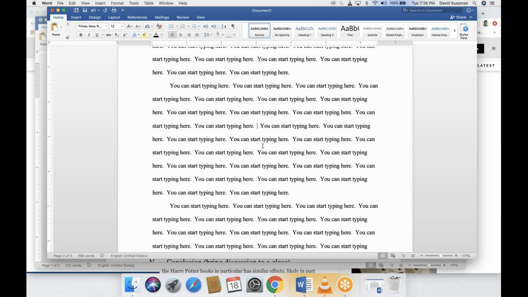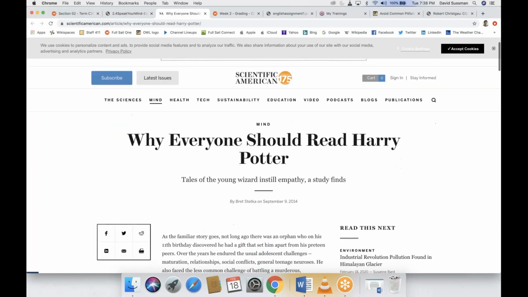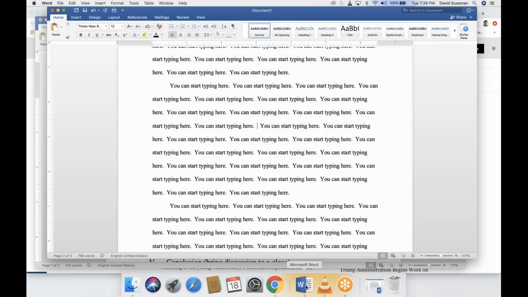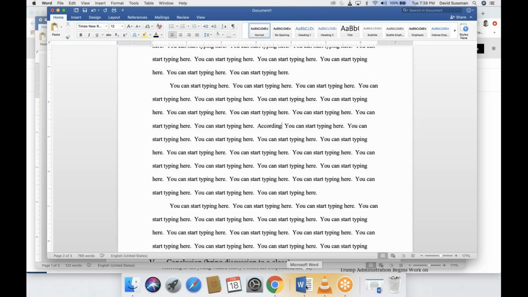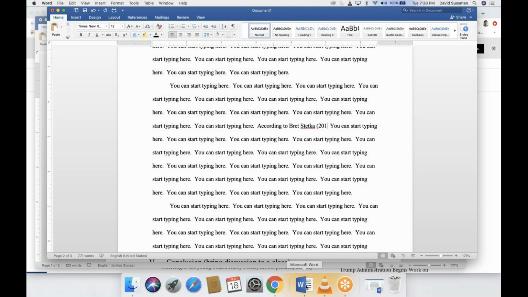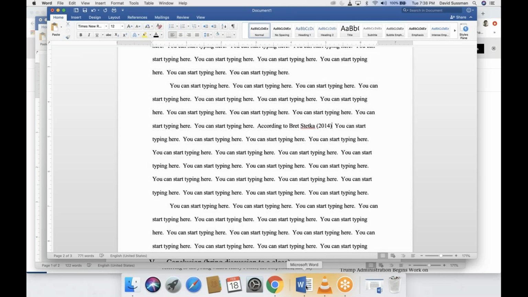This gets people confused because it's sort of like choose your own adventure. You can mention the author's name in your actual sentence. So this author's name is Brett Stetka. Okay, so you can say something like, according to Brett Stetka, and if you mention the author's name in your sentence, you have to immediately put the year in parentheses. It's just a rule. Okay, that author's name appears in your sentence, boom, you put parentheses in the year. So according to Brett Stetka, quote,